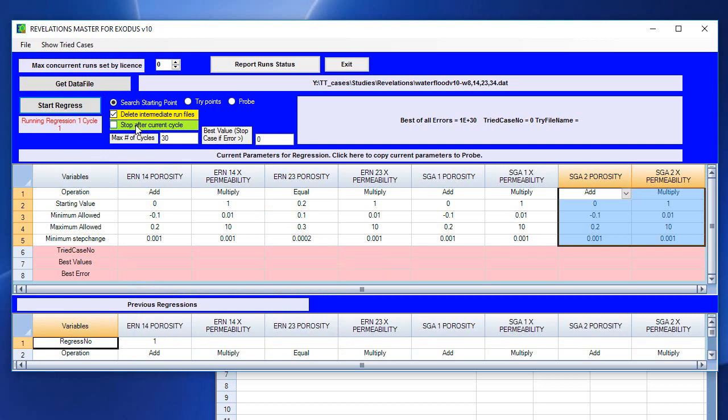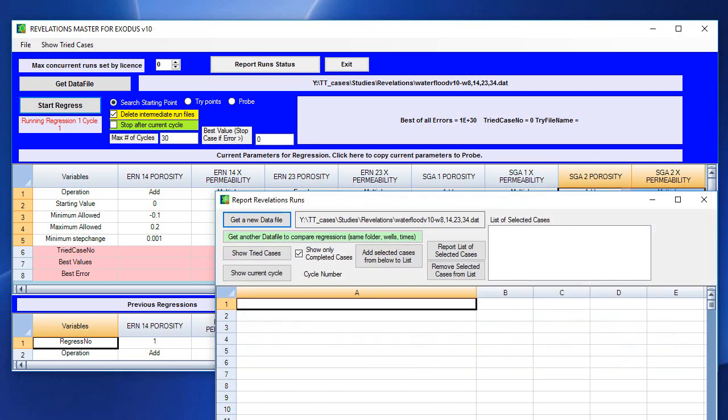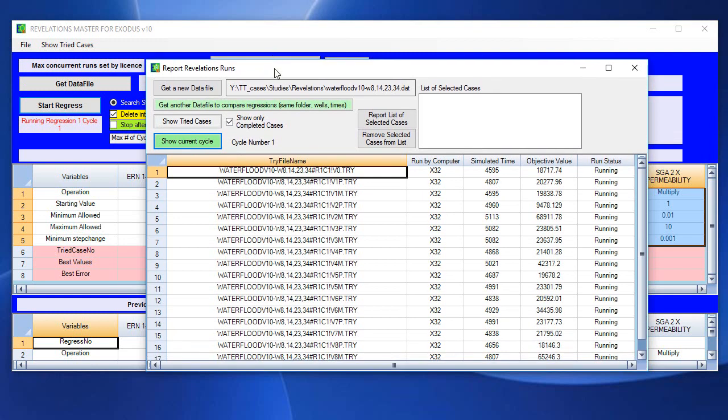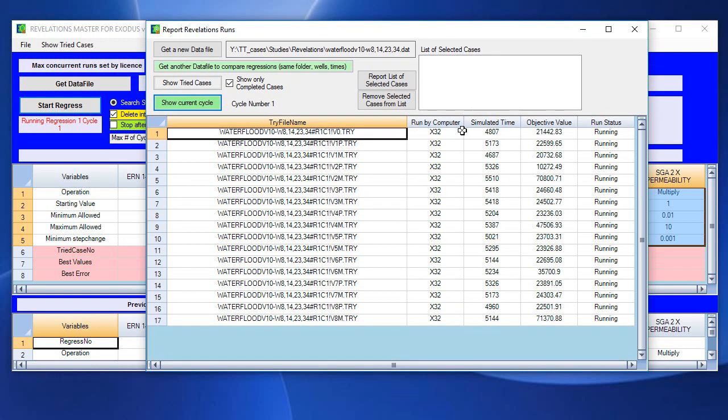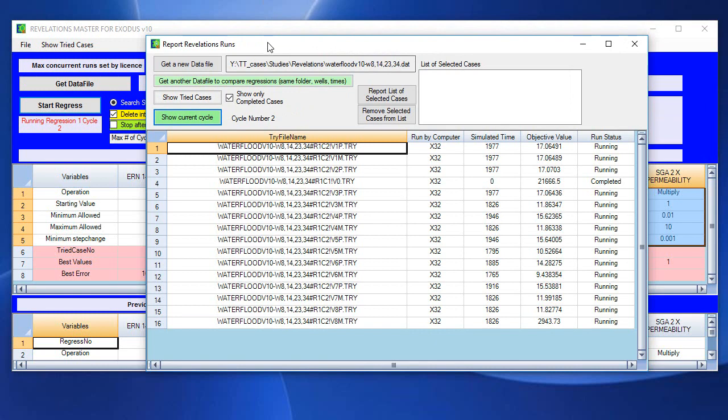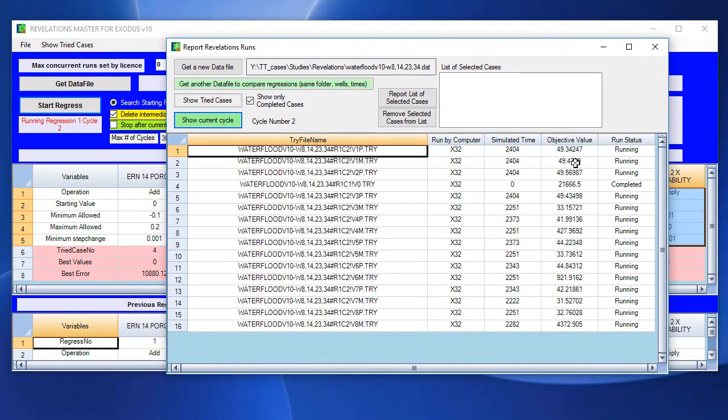If I want to stop it, if I'm in a hurry, I can stop it after the current cycle if I check this box. But right now, I'm going to let this go cycle by cycle. And in my report revelations cases, I'm going to show the current cycle. The current cycle is current cycle number 1, and it's running on my X32 computer. I'm running 17, in this case, 17 simultaneous cases on that computer, and it's going to tell me on my report revelations what is my objective function, the run status, the time is computed,